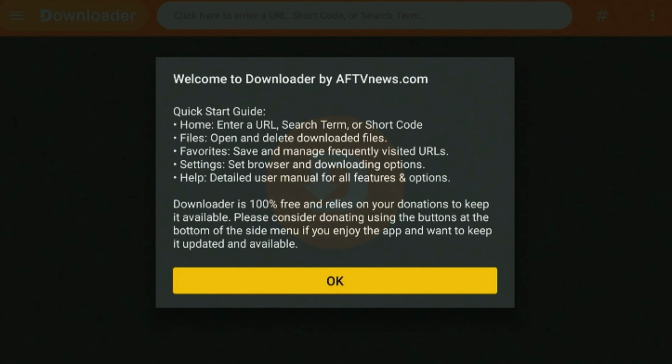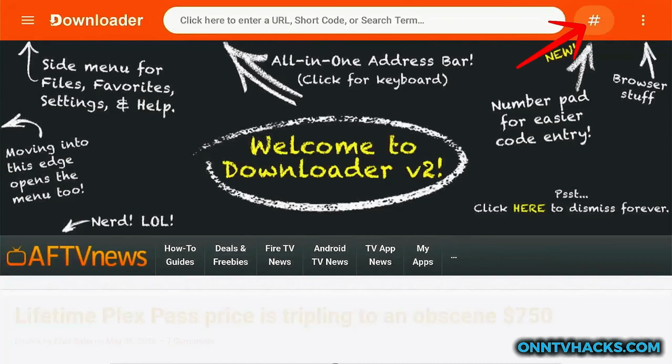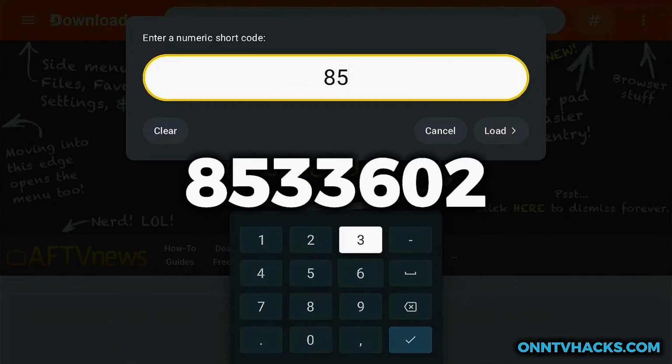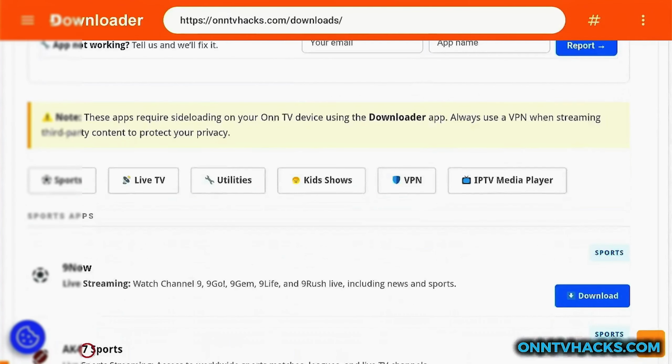Once installed, open the Downloader app. The first time you launch it, accept all the necessary permissions. Click on the hashtag icon and then type this code, 85333602. This will take you to my ONN TV Hacks downloader page, where all essential Android apps are organized into